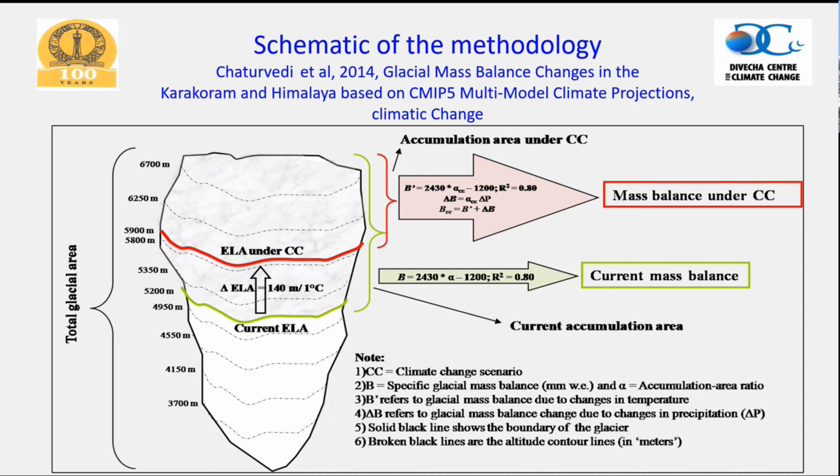Therefore, it is there. Second thing is there will be change in glacier area as we move from 2030 to 2060 and 2080. There will be a change in area. And due to change in area, there will be a change in mass balance. And that is not accounted into this method. But this was indeed a first method, and whatever data is available, this has been done.